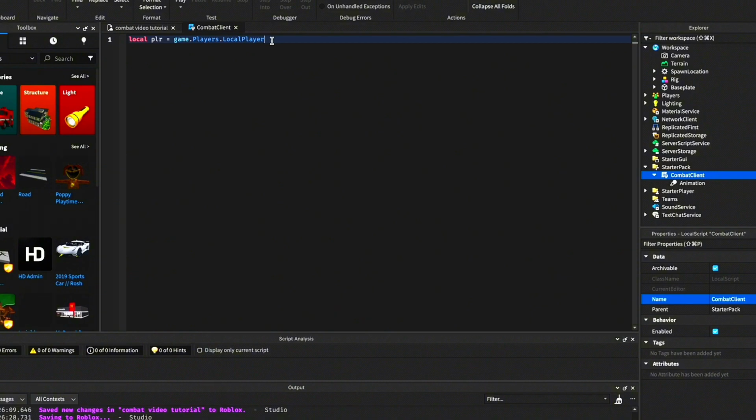Now we need the user input service. We basically need the user input service to detect if, for example, we press R, we need to detect that this pressed R. So for that, we need the user input service. So that's actually pretty easy. Just type local UIS. UIS is short for user input service. You could just name it anything. This is just a variable. You can call it this as well, but that's too long. So I'm just going to say UIS